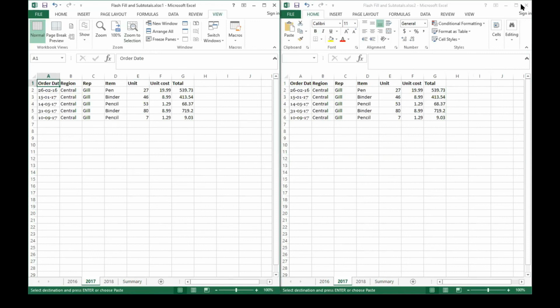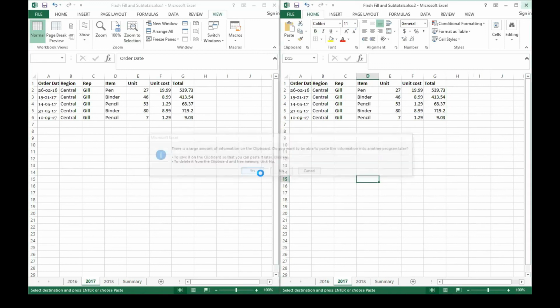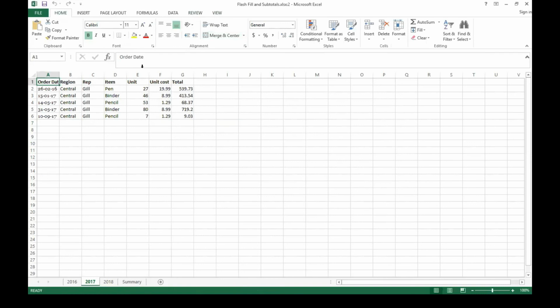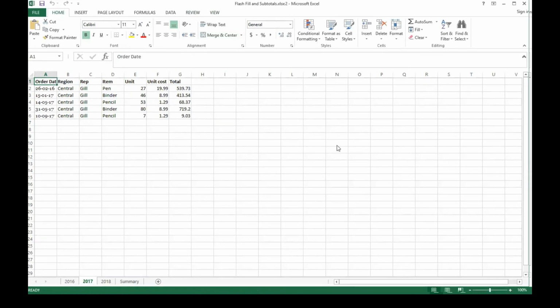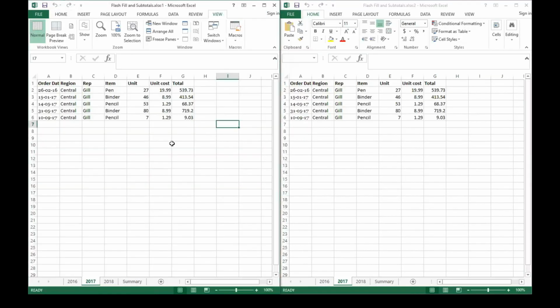So I'll show it to you again. I can close any one of them, not a problem. As long as one of the files is open, you can save the data anytime you want. Right? So I have this file open now. In the view tab, there is this new window. New window, okay? If I click on it, another instance of Excel has opened. This is the new instance. You can check the file name for the same. And I'm just dragging it onto the side to view these 2 Excel windows side by side.